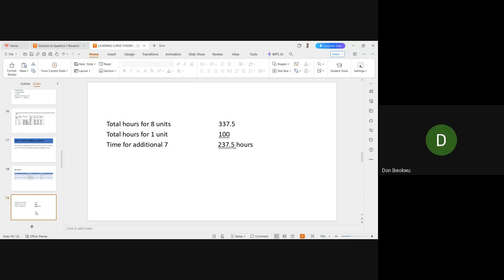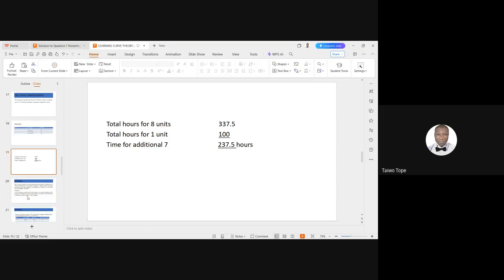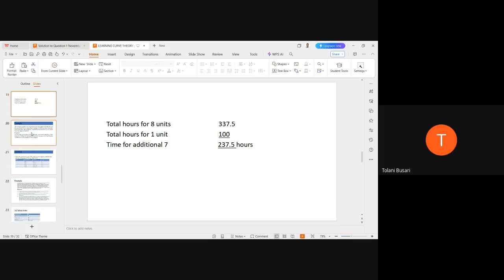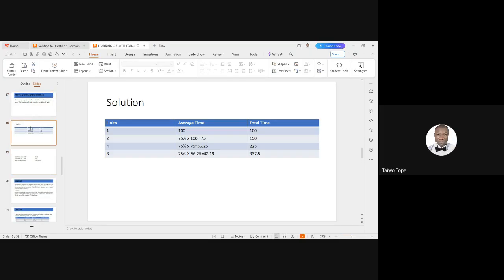Okay. This takes constant practice. Yes, it's constant practice. You can easily get lost. All right, let's look at one more question. So that means if you want to do the subtraction, the figure under the total is what we will use. Yes, ma'am. Me, I used the figure under average time. I know, don't worry. It's part of the learning process.